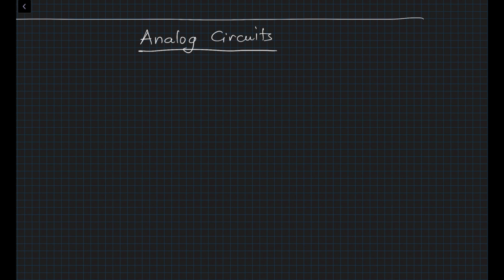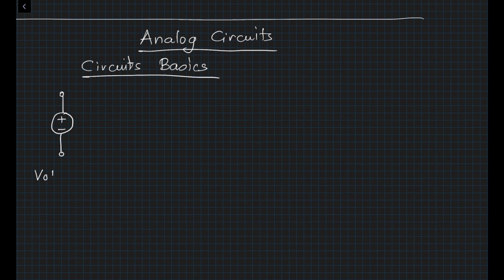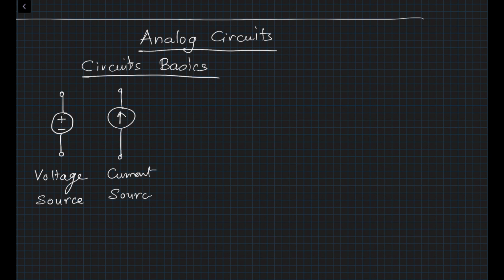So first we will go through a few circuit basics. We will begin with an introduction to the different circuit elements we are going to play with in this class. I'm sure all of you know these elements, you've used them. This is called a voltage source, DC voltage source. This is a current source, again a DC current source. Then you're familiar with this element, resistor, then the two parallel plates, capacitor, and